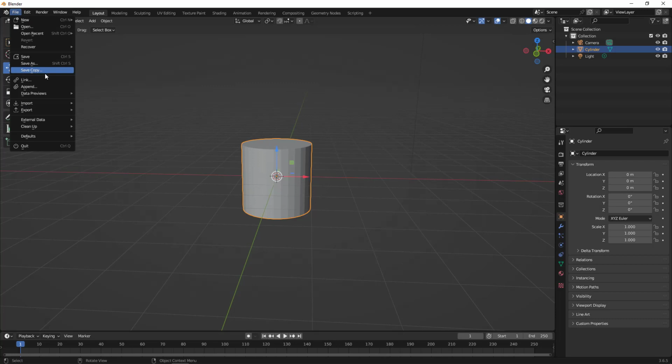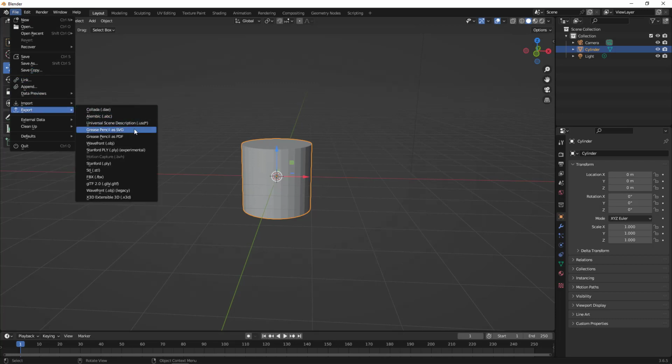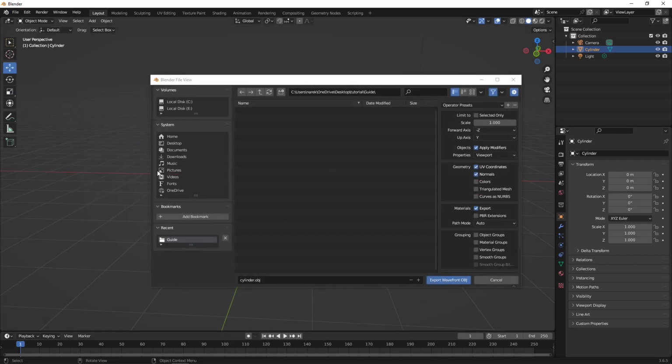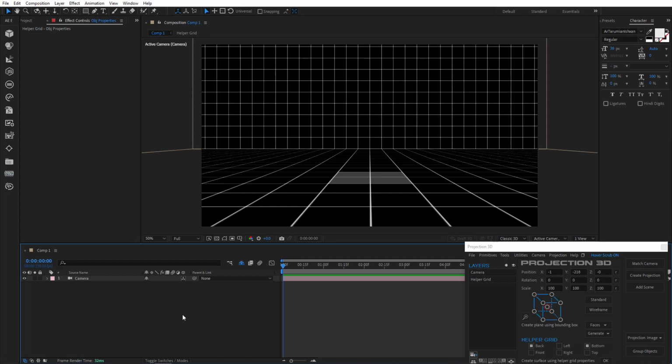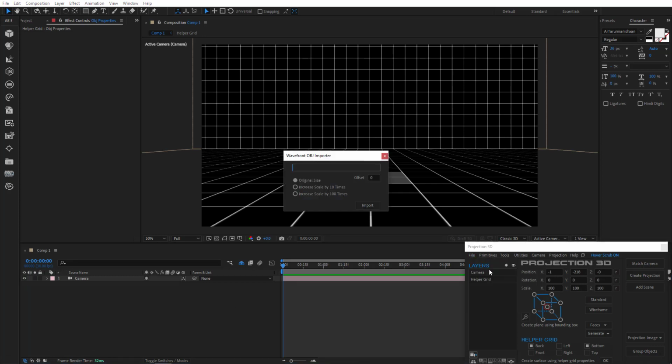So I'm going to go to File, Export, and choose Wavefront OBJ. Great, now we have an OBJ file, and let's go back to After Effects and import it. I'll go to File, Import OBJ, and